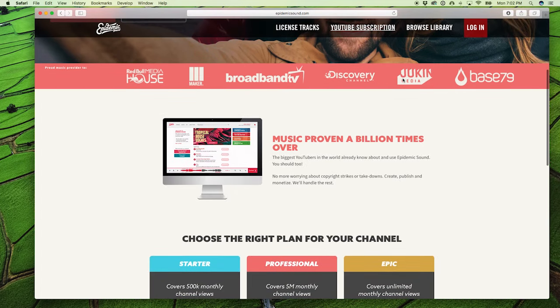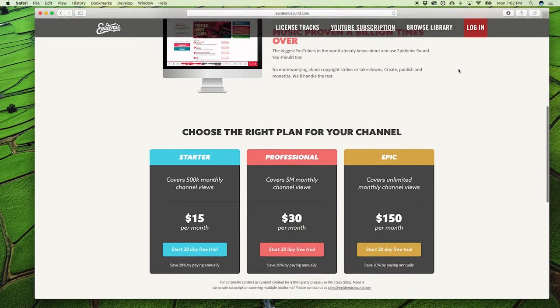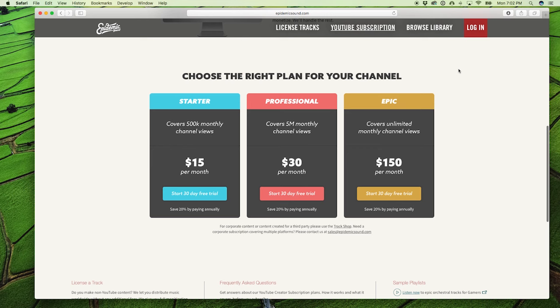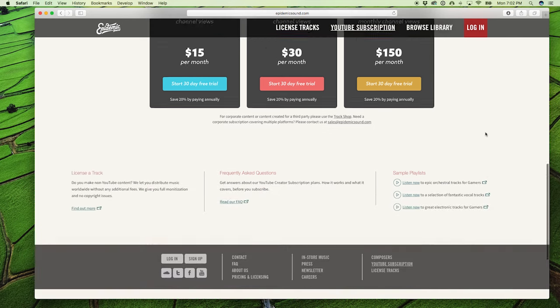The really cool thing about Epidemic too is that they actually break up songs by the bass beat, the instrumentals, the vocals, so it just gives you more control in your cut to, you know, maybe drop the bass out of a section because you feel like that'll work more visually with what you're doing, then bring the bass back in and bring the drums back down, and it just gives you so much you can work with.